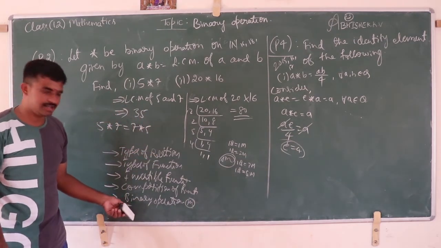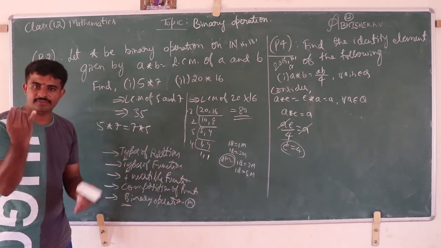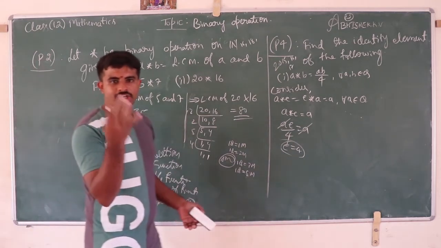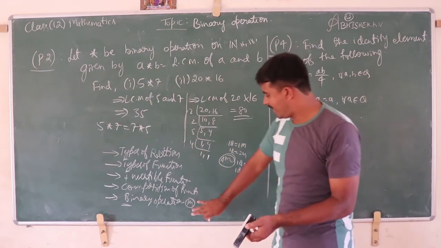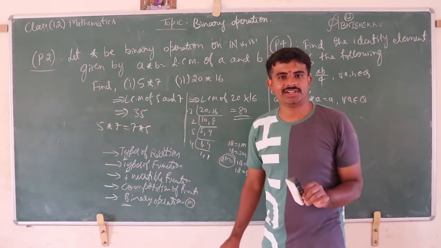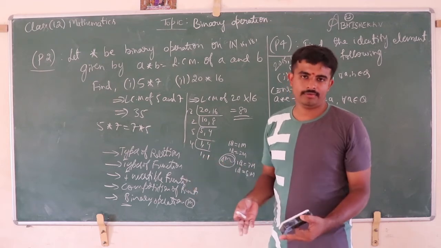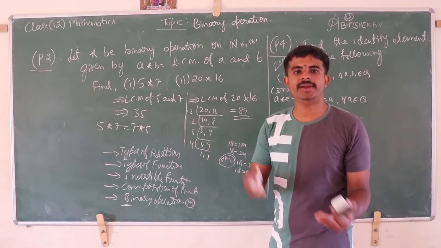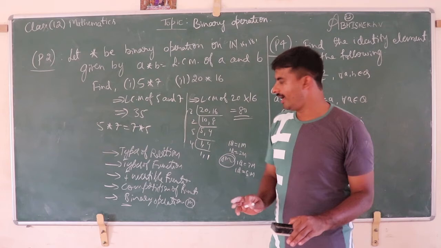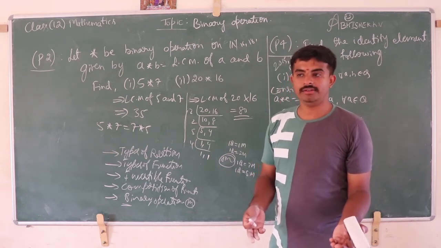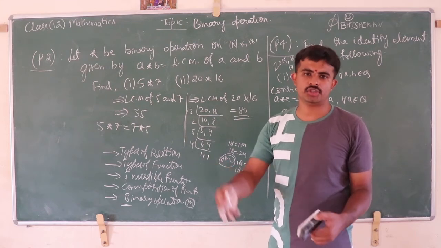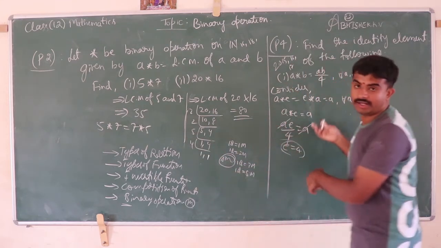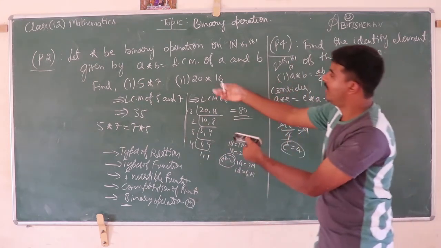See, here we discussed what? Definition of binary operation, commutative, associative and identity element, and problems. And the major question is: define binary operation, or whether the given function is binary operation or not. Okay, or you may get the question: show or verify that the given operation is associative, commutative, or find the identity element.